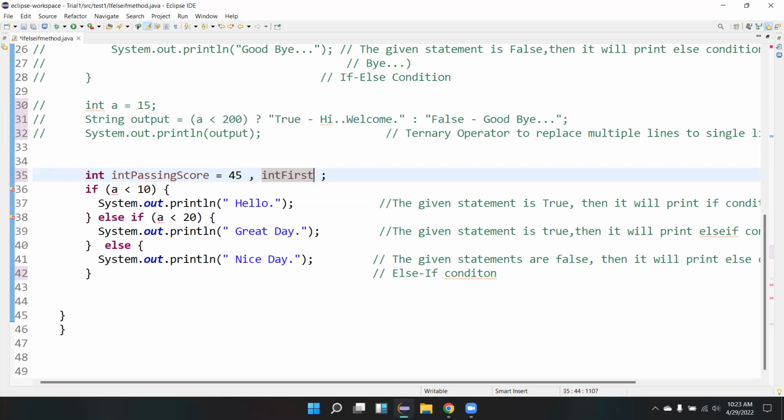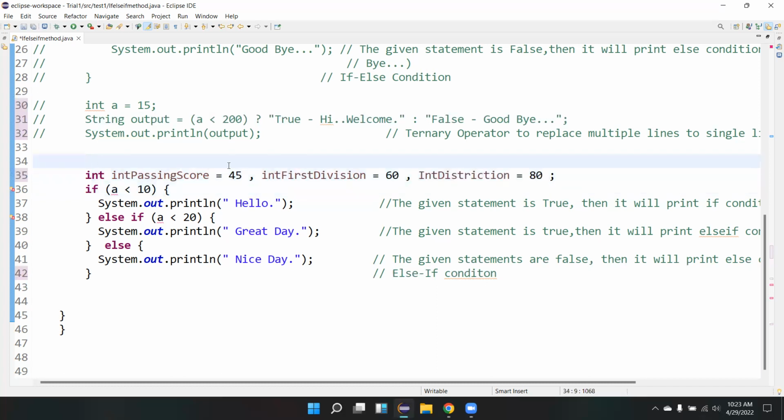I just wanted to give an example. That's the reason I'm taking first division, second division. I will never look at these particular scores at all. 60, and distinction equal to 80.